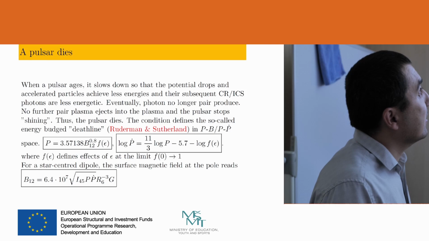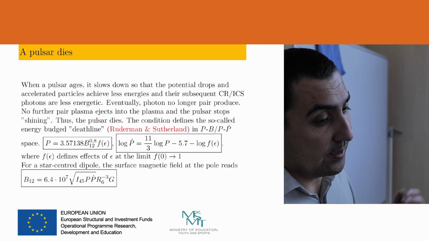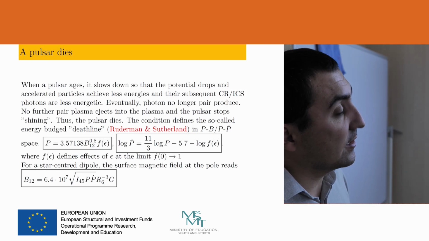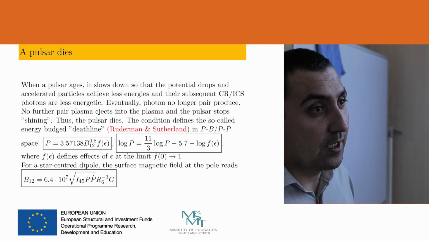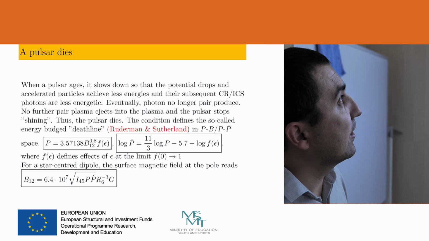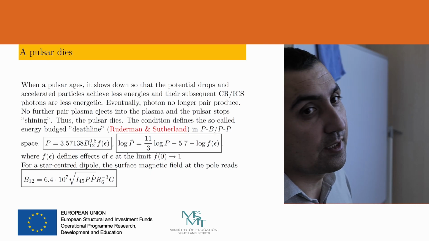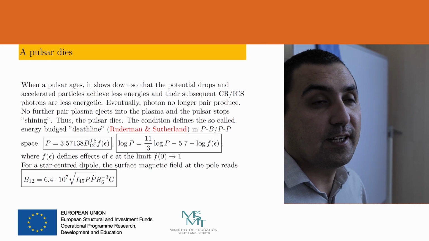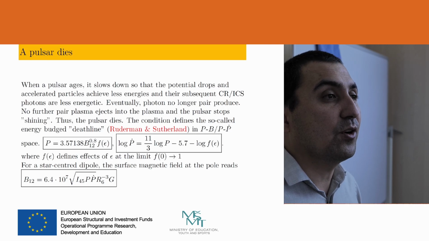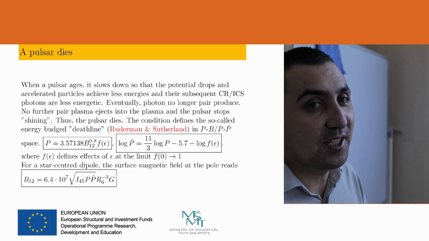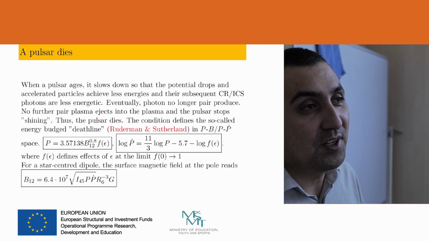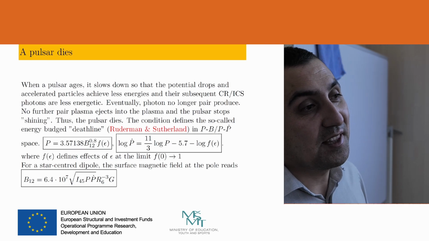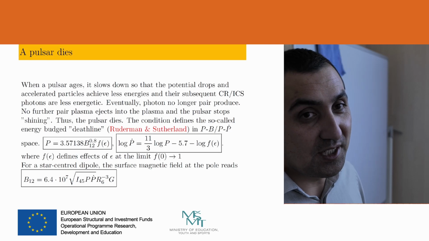So as pulsars age, they slow down, and the potential drop decreases. So this electric field cannot provide such an amount of energy for electrons, which can create high energetic gamma quanta, and then gamma quanta should